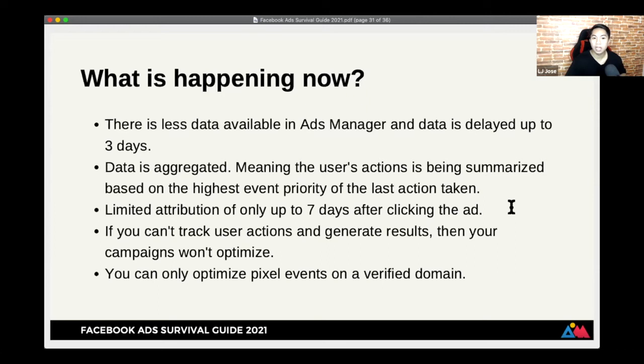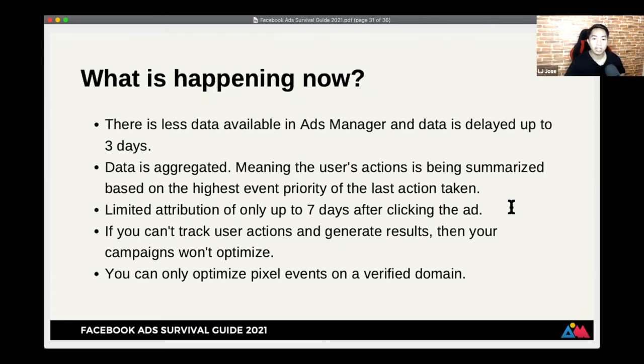Alright? Therefore, hindi siya mag-optimize. Kasi, hindi nga natatrack yung user actions. Hindi nag-generate yung results. Yung results is delayed. Yung results is aggregated pa. So, hindi talaga siya ma-optimize kaagad. Diba? And you can only optimize pixel events on a verified domain.